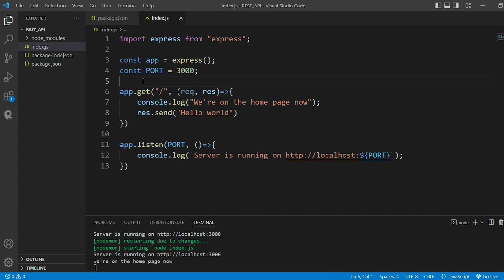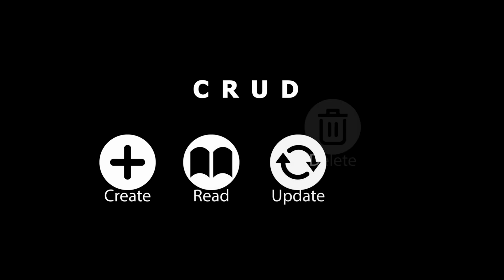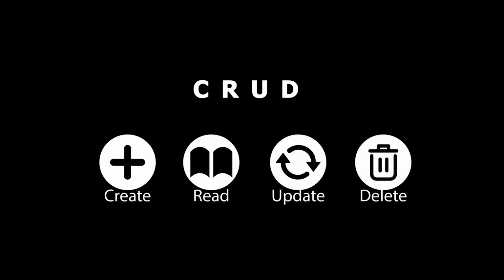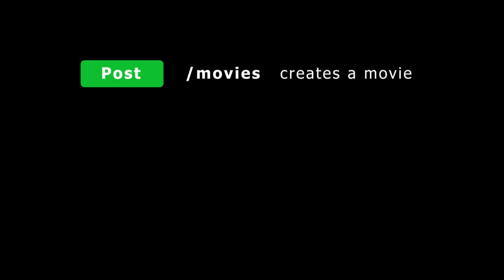Now we have a better understanding of creating routes. Let's explore 5 different routes for our movie API, which follow the principle of CRUD: C for create, R for read, U for update, and D for delete. These routes will allow us to perform various operations on movie data. First, we will implement a POST route for /movies, which will enable us to create and add new movies